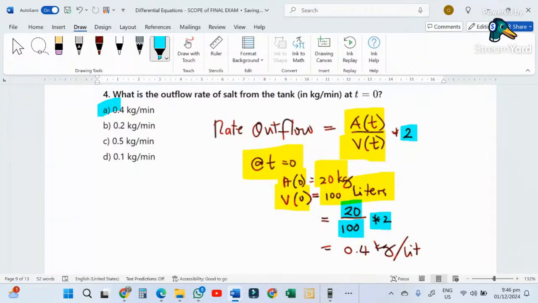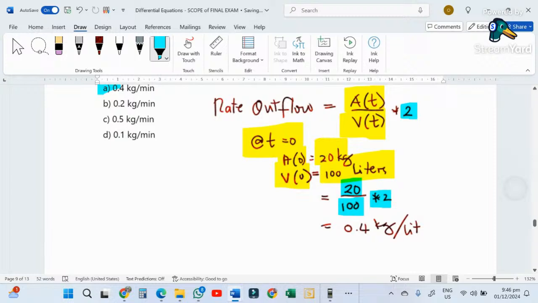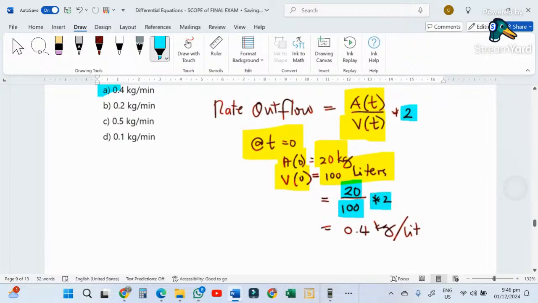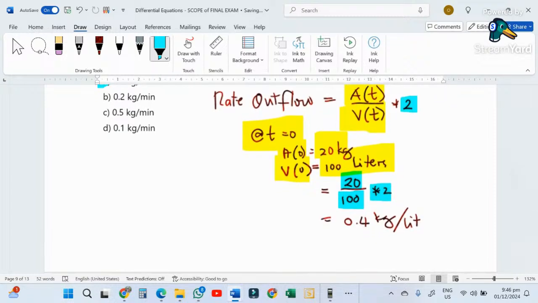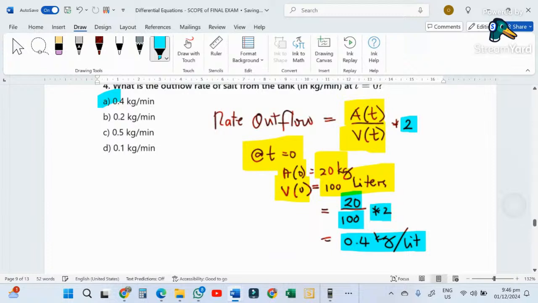The 2 is the outflow rate, the discharge. That is the rate of outflow from the outlet. It's 2 liters per minute. So that will be multiplied to A of t over V of t, thereby having an answer of 0.4 kilogram per